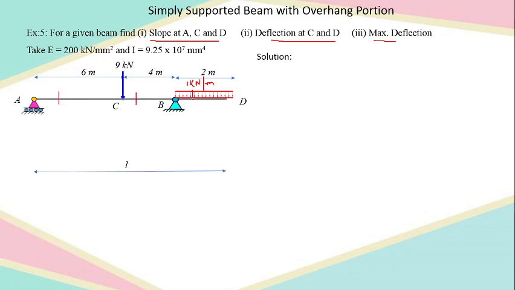Is it okay? Once again I'll repeat that rule: if the overhanging part is on the left hand side, in that case I have to start taking the sections one by one from right to left. Is that okay? So that will be first, second and third onward in the leftward direction. The basic properties of the beam are given, E and I are already given.